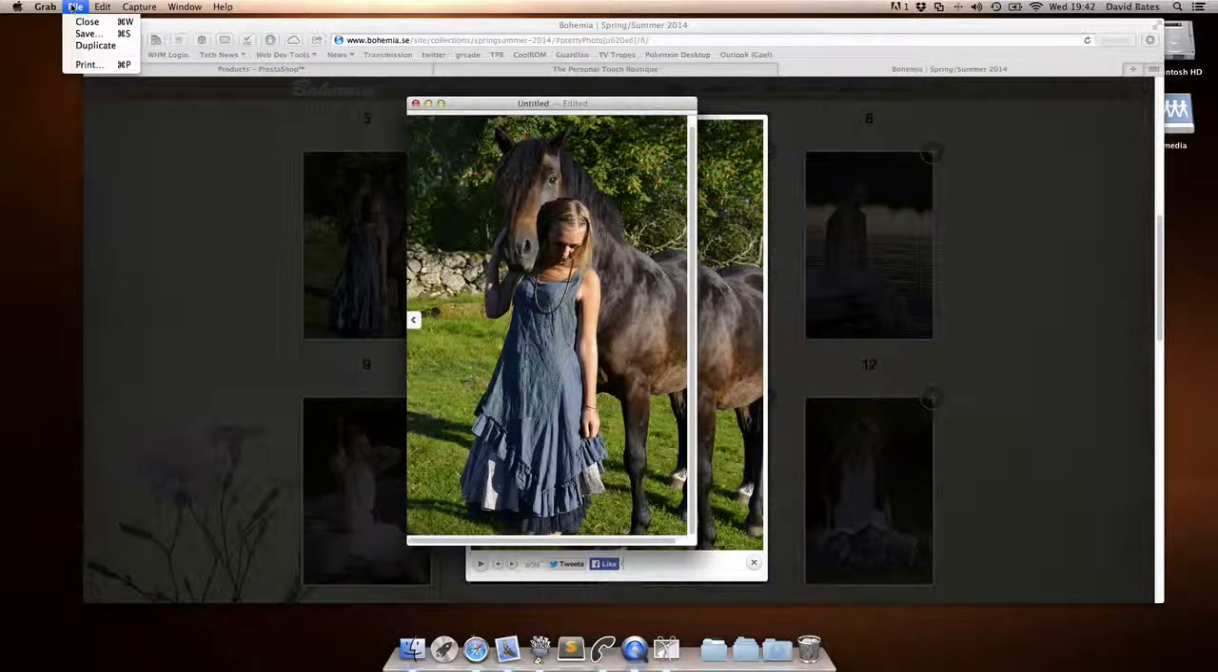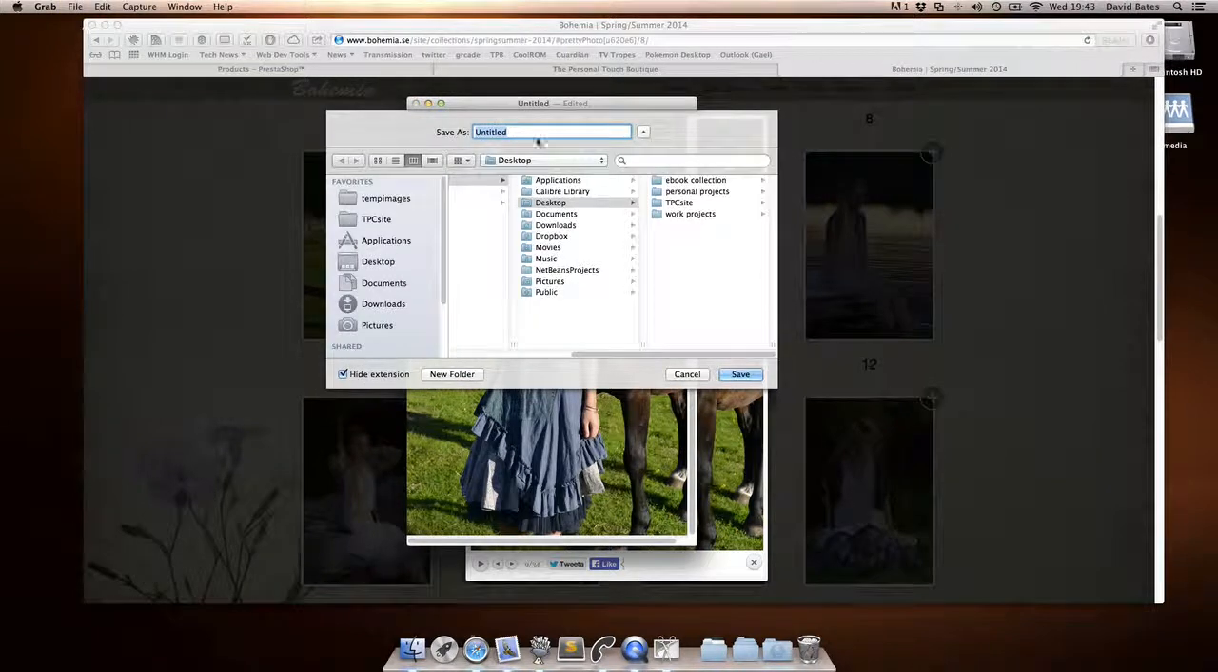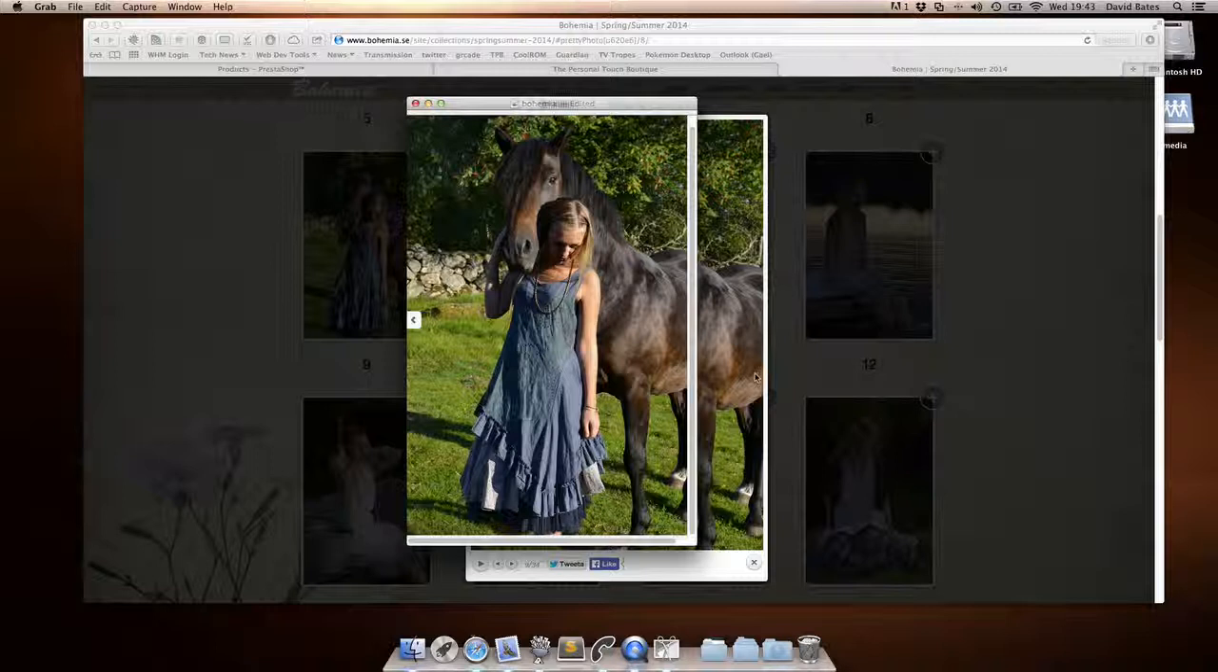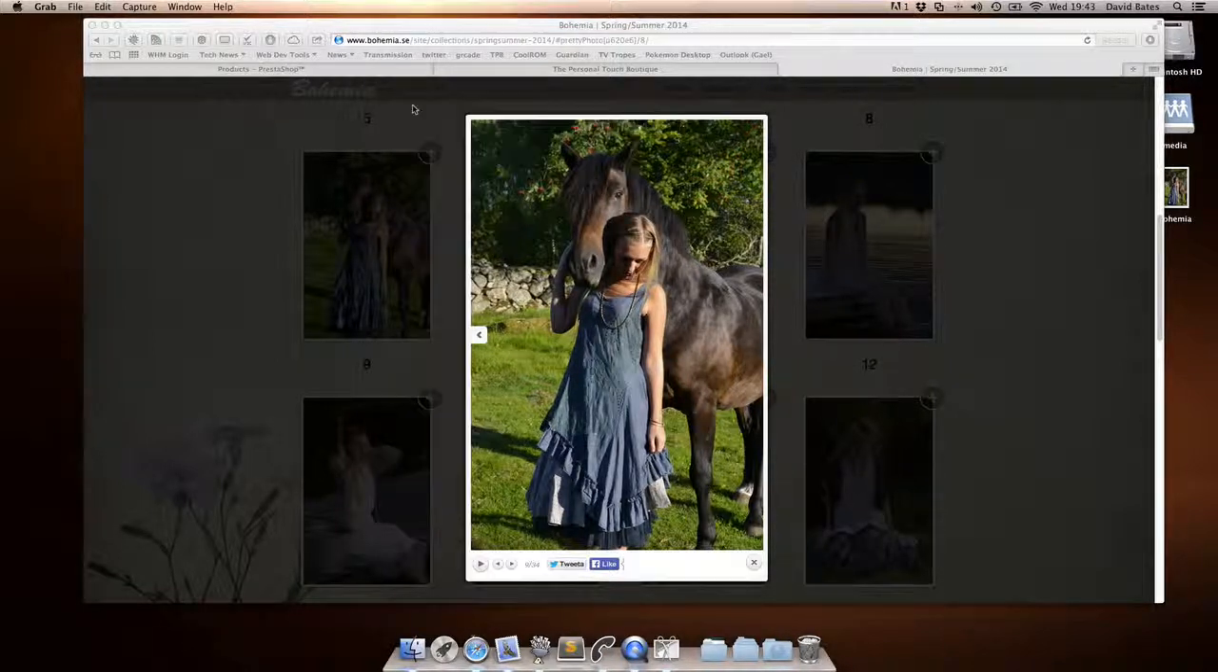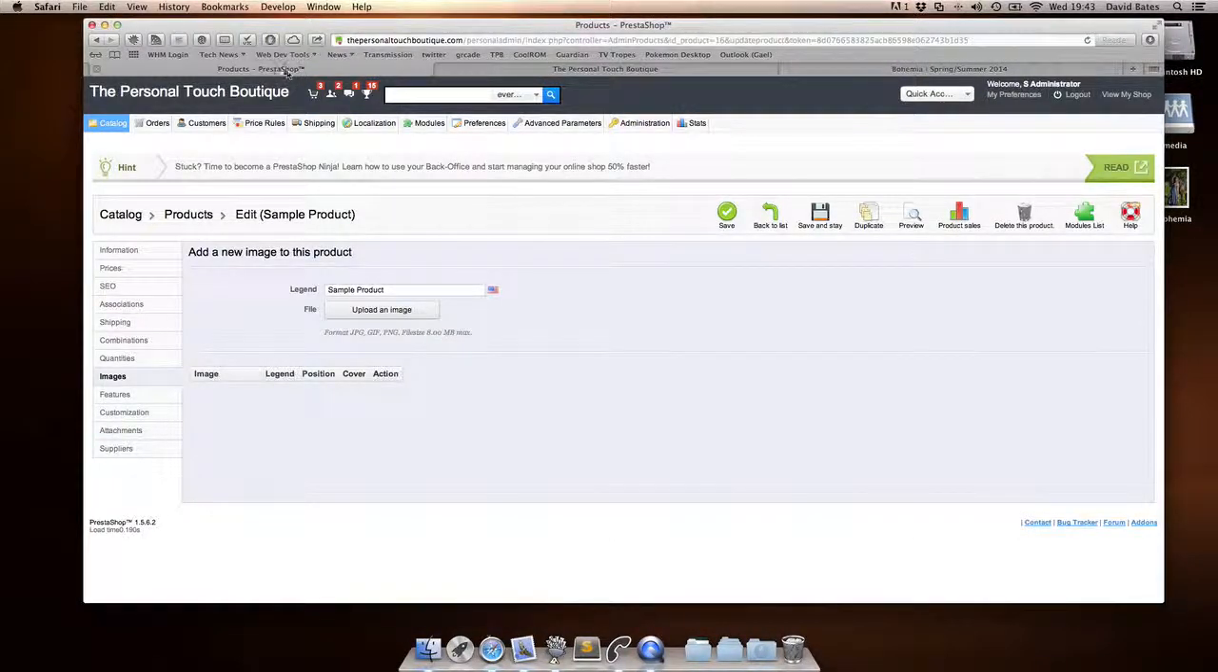I will go to File, and I will click Save. I will save it on the desktop, and I will give it a name that I can remember. I will then click Save. At this point, I can close the grab. I can also go back to the PrestaShop backend by clicking on the relevant tab,